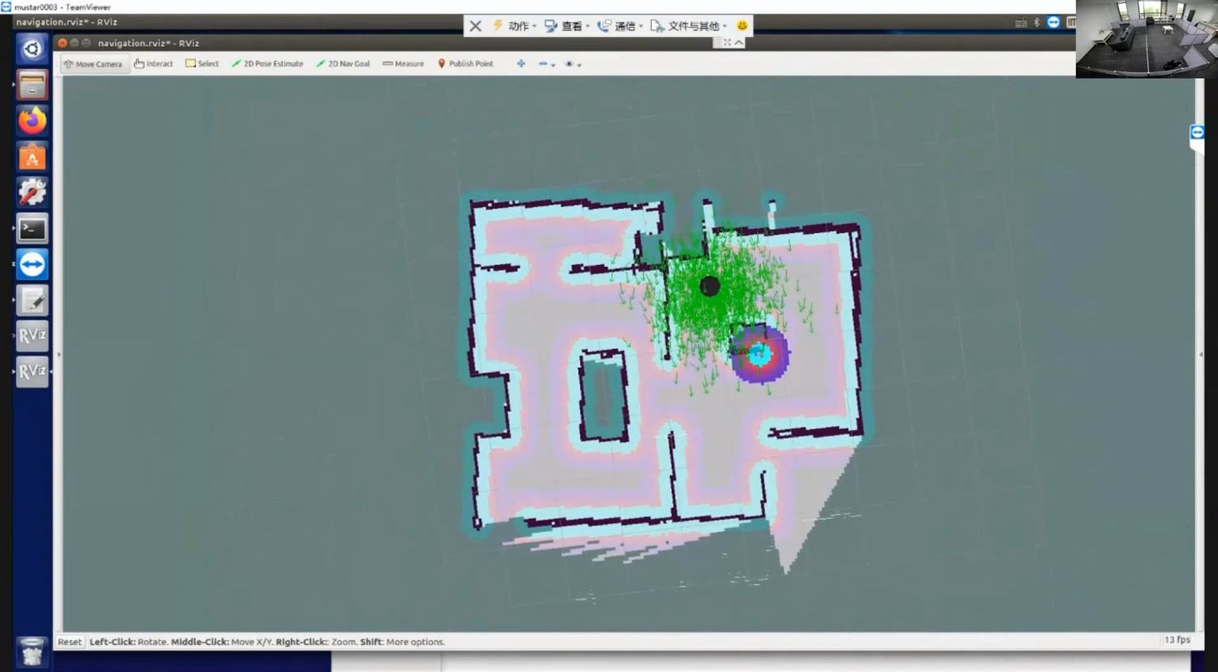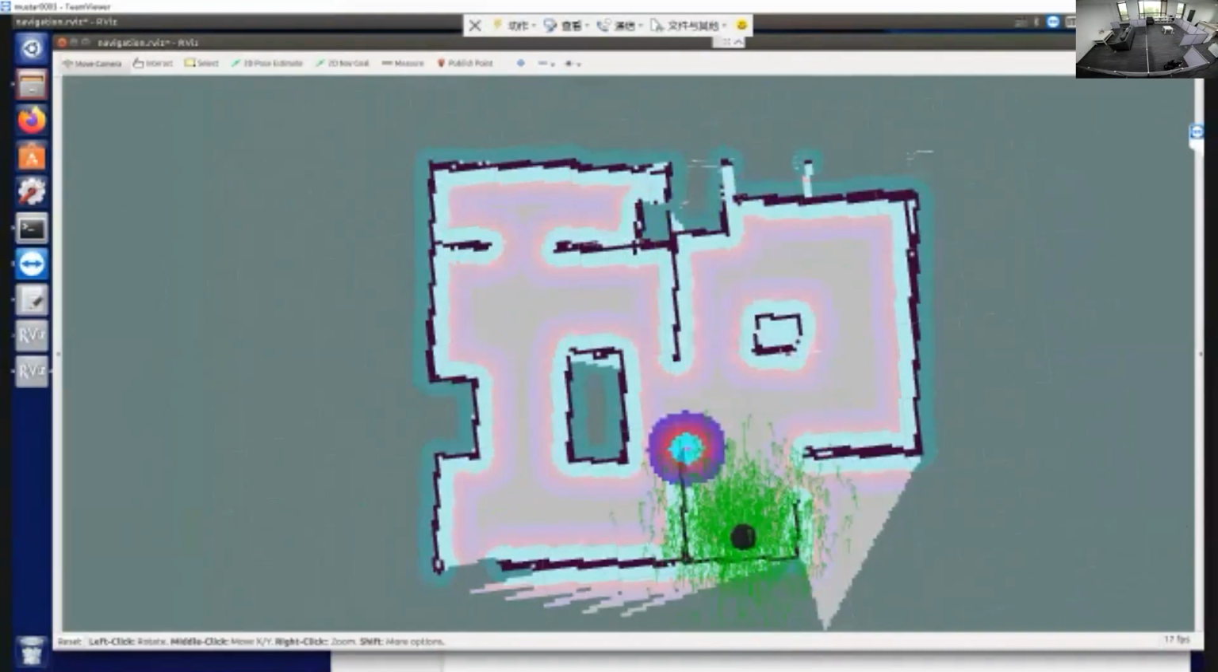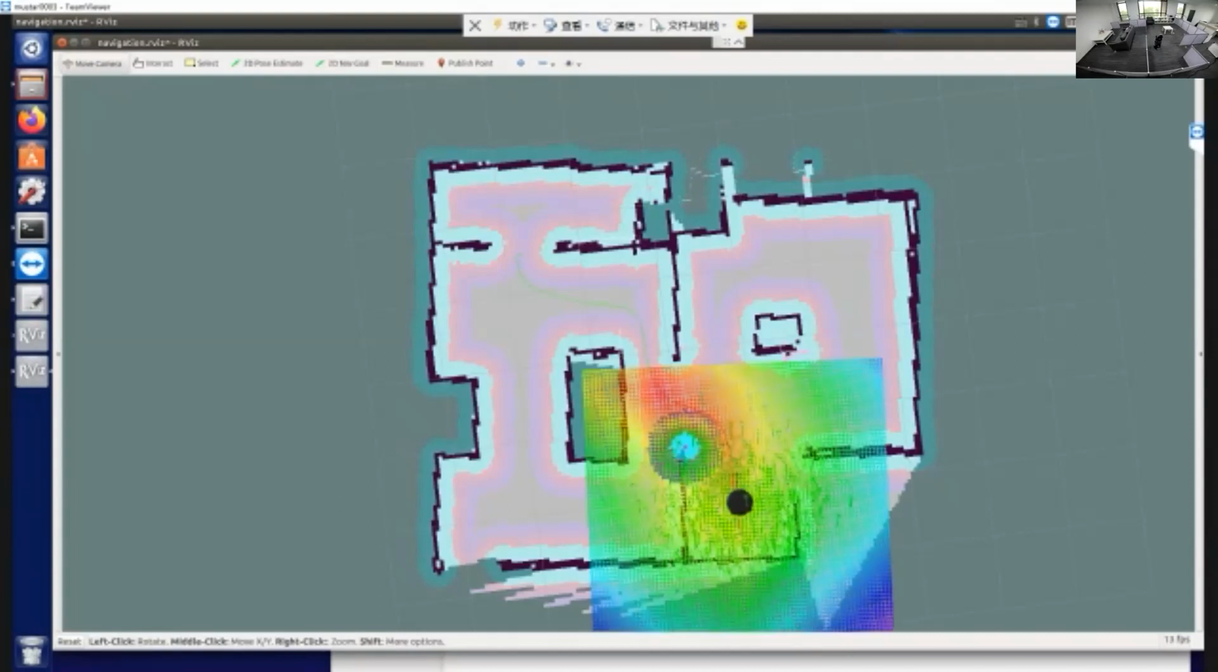Now you can see the robot is not at the right position. So we need to tell the robot where it is, here. The arrow shows the direction of the robot. We use a 3D sensor to get the map and navigate the robot in the environment. And then I click the destination point. You will find the robot moves to the